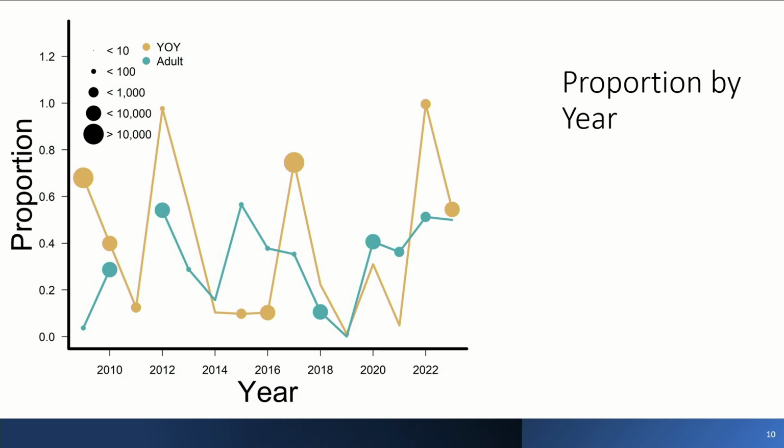So the most interesting year is probably 2023 because we had high flows, we had a lot of recruitment, there were a lot of fish, like 4,000 young of year. But there's still fairly extensive drying. And what you see is on the young of year, about 55% of the fish showed up in those hot spots.